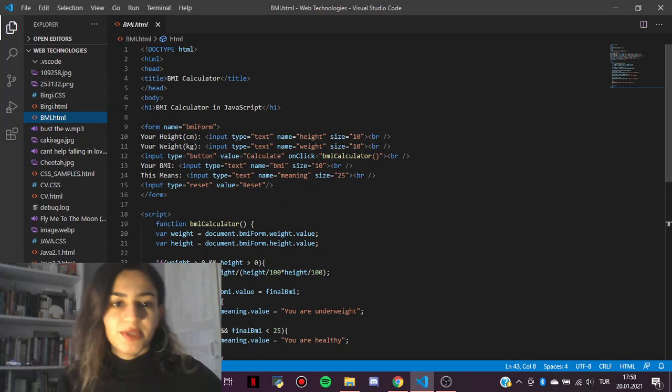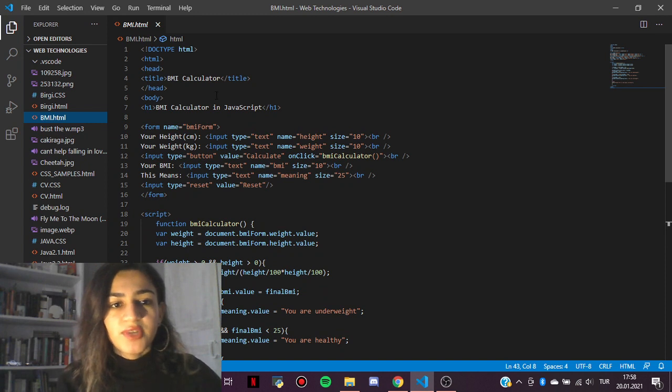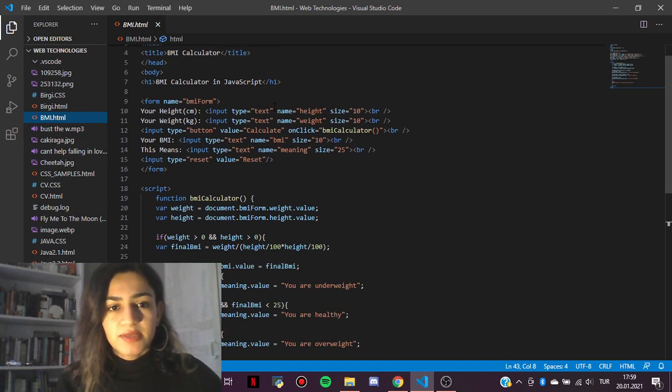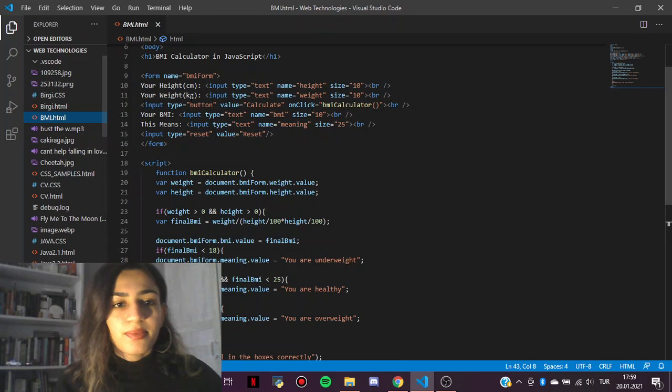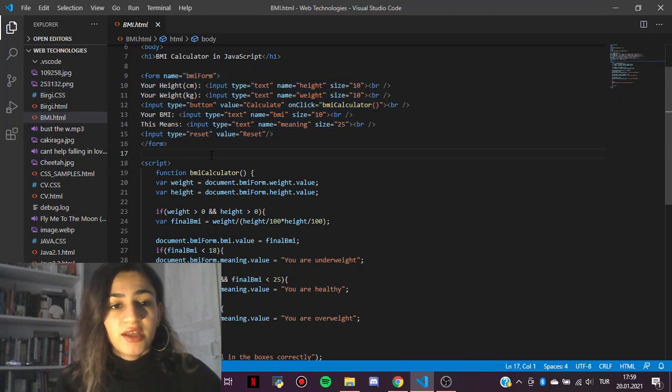Start with the document type HTML and create it as an HTML file. And I prefer to start with a title, BMI Calculator, and a heading, BMI Calculator in JavaScript. Don't forget the body and head tags. And continue with form. As you all remember from the previous classes, this part is about the buttons and boxes